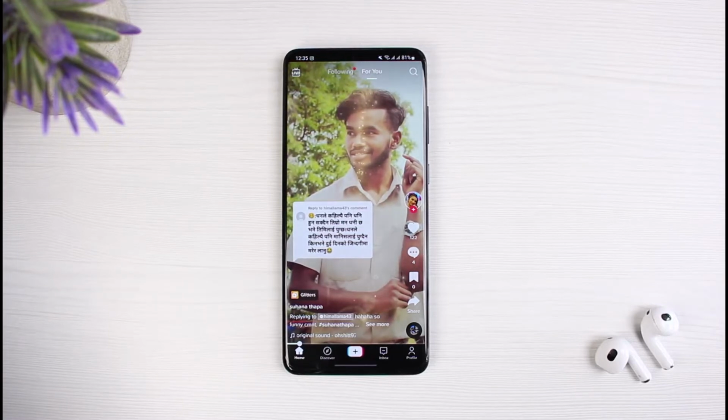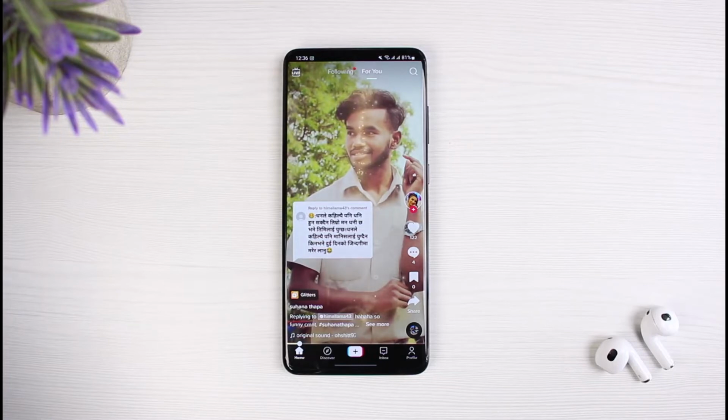Now, before we get on to fix this, you have to understand why this issue occurs in the first place. This type of issue generally happens because TikTok currently only supports up to 1080 pixels, which means you cannot upload a higher resolution video which crosses the limitation above 1080 pixels, such as 2K videos or 4K videos. TikTok does not support them at this time because TikTok is most likely a user-friendly application